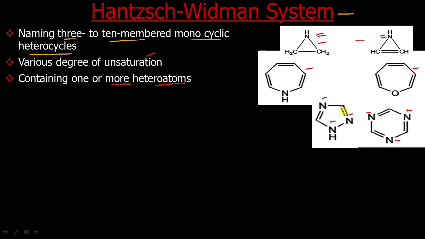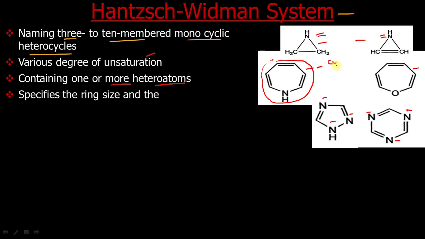First we will discuss the basics today. Our main aim is just to learn the basics of the system. Then in our next lectures we will do more complex and advanced problems. So basically, as you can see, let us take this example of this heterocycle. Now this heterocycle contains a cycle with some ring size. Now it is a 7 membered ring, it is a 3 membered ring. It contains, you can see, a heteroatom.